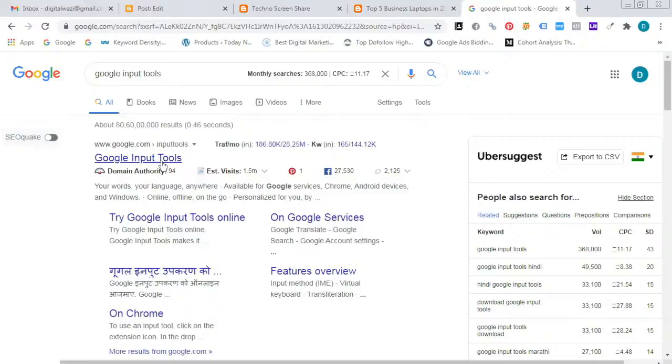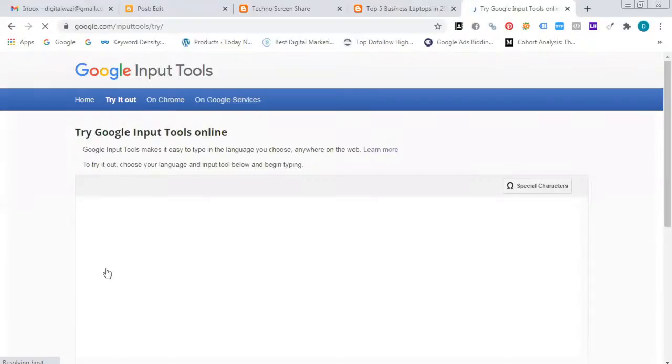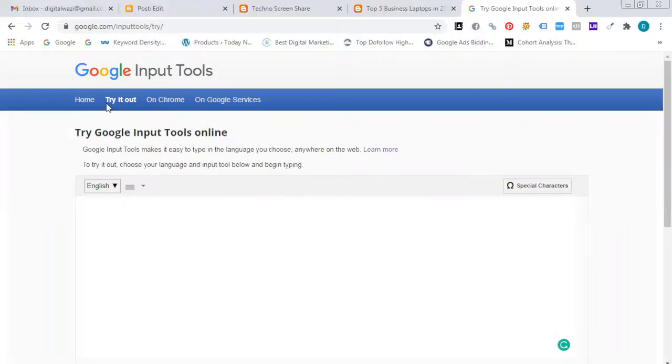Click on Google input tools. Then click on try it out.